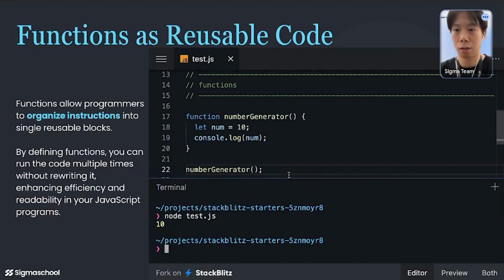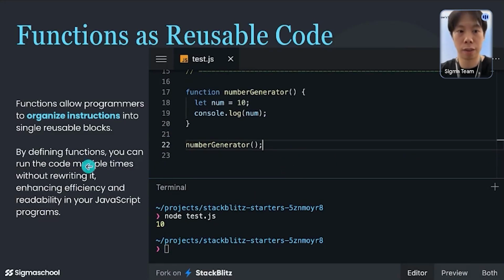Now if you remember, it allows you to run the code multiple times without rewriting it all over again.